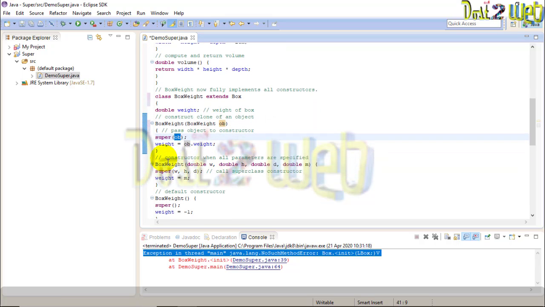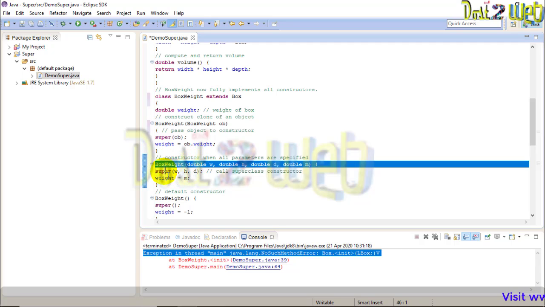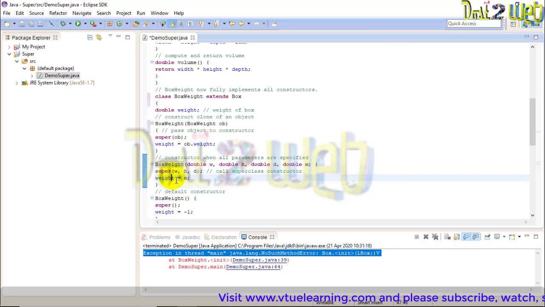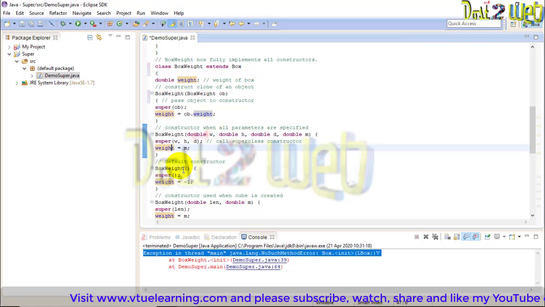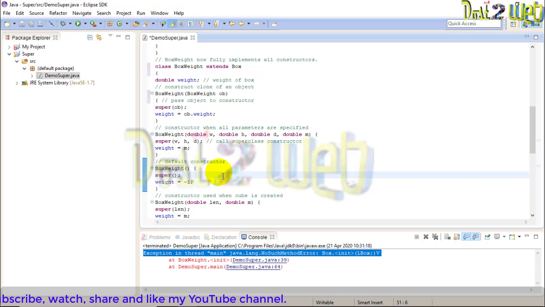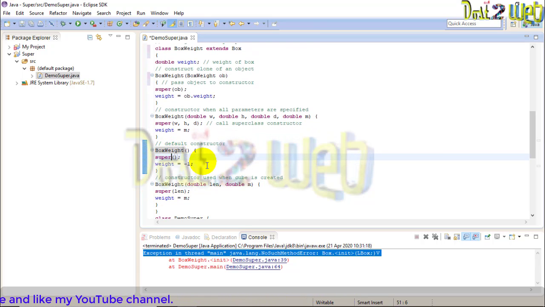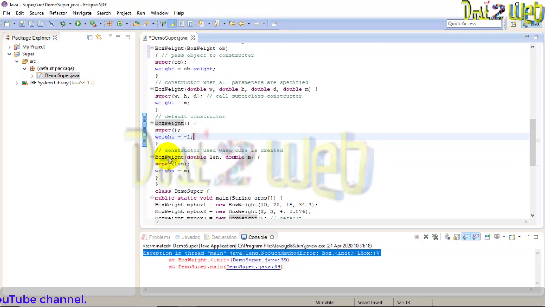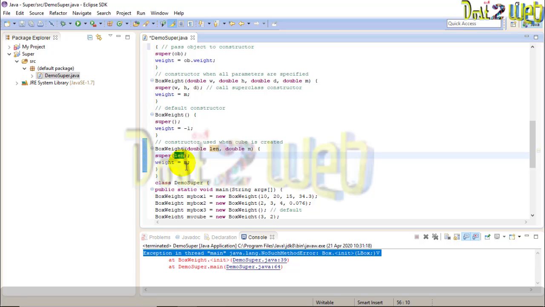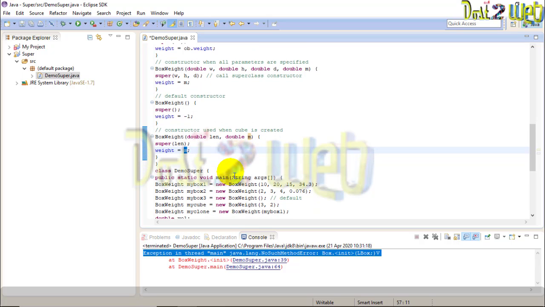Similarly, you create another constructor. Again, similarly you pass the parameters. In the same way, super with the reference variables w, h, d and m, but here I am using only 3. Now weight is equal to m, which I am defining here. Now create another constructor with empty superclass. See that? That is the default. So no parameter is there, only super, and weight is equal to -1. Now BoxWeight: in the same way you have a different parameter type. Here I am using length, and weight will be equal to m. This is what we have just done.